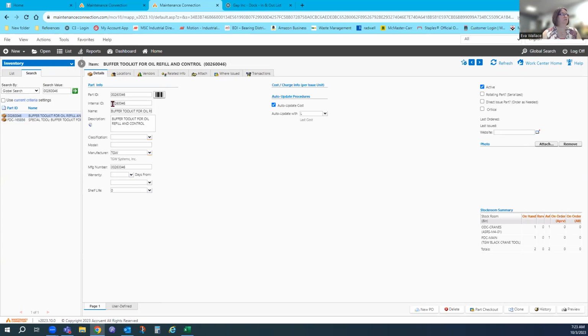In this case, it's a toolkit. So we'll put kit, and then tool. Then we're going to do, it's for the buffer, and then oil refill